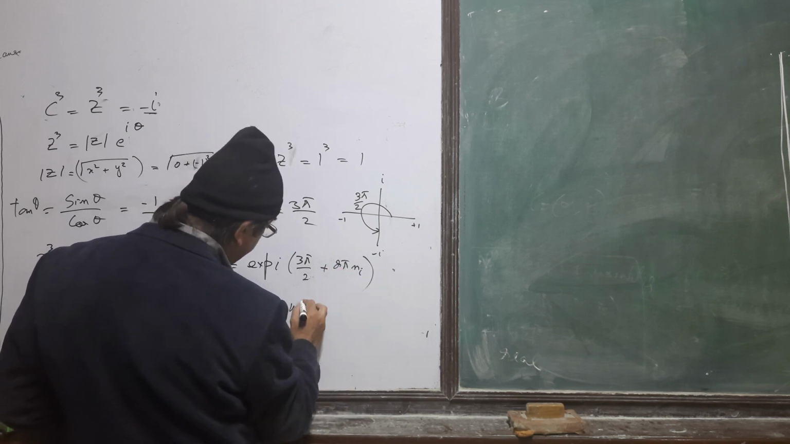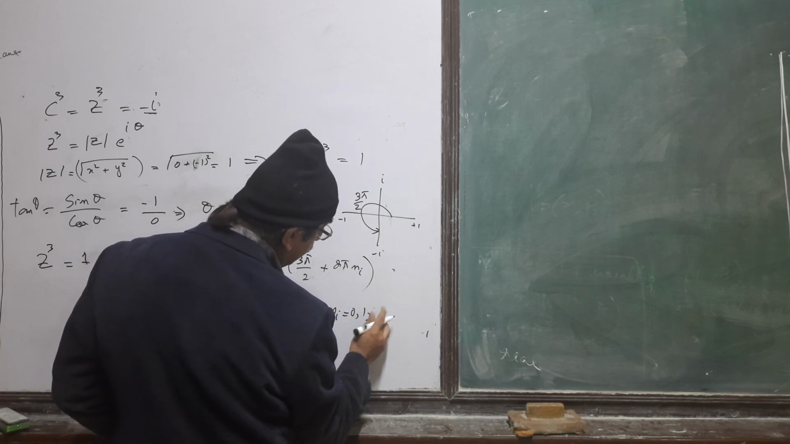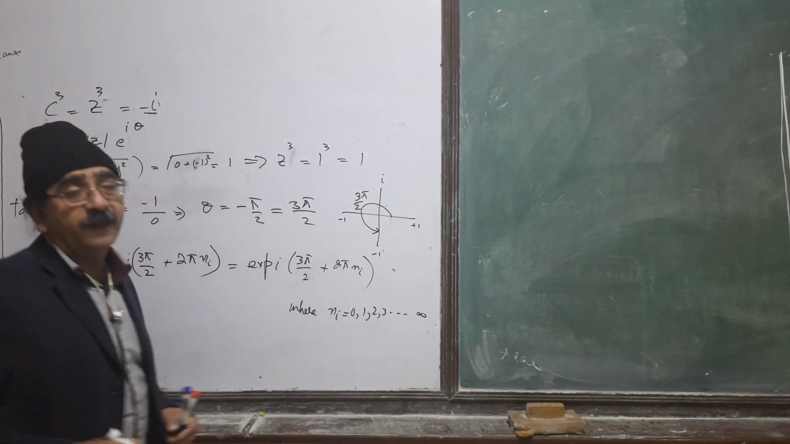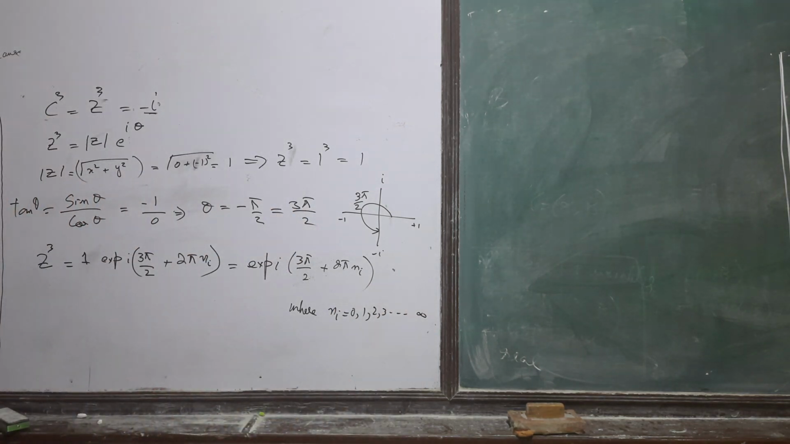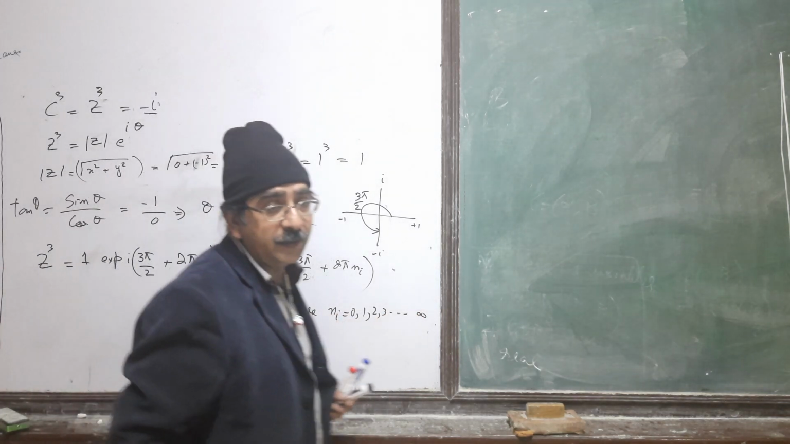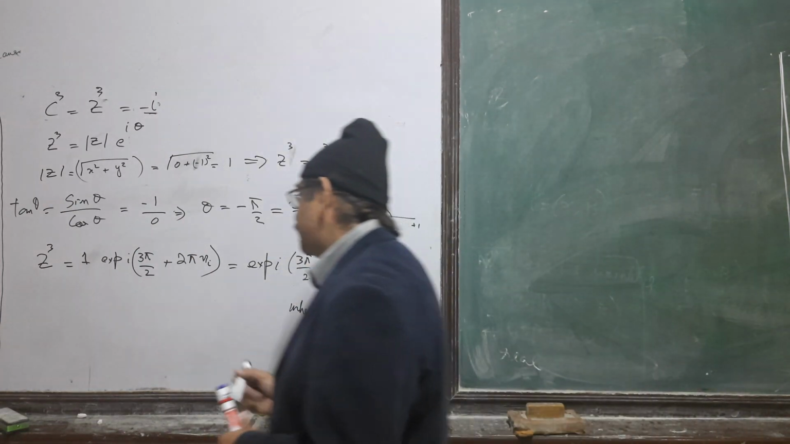Where n is equal to 0, 1, 2, 3 up till infinity. The value of n will be 0 to infinity, so that will be repeated. So this implies that